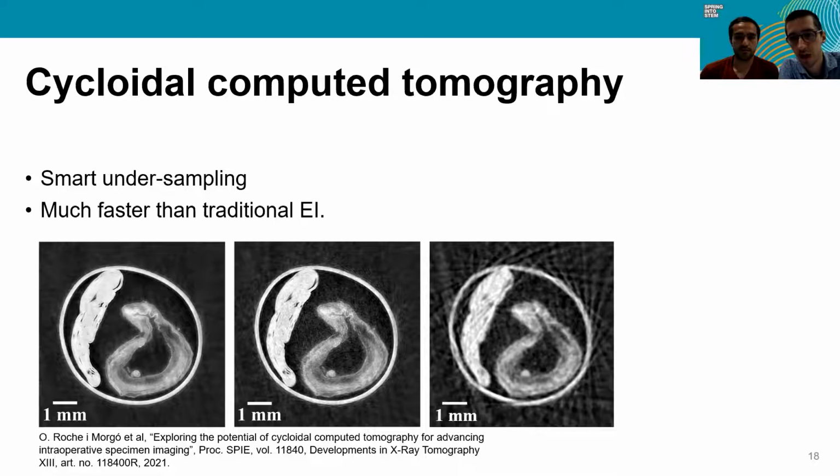Okay, we hope that helps. So what is the raw difference in time between the fast and slow scans on the last slide? Thank you for that question. The scan on the left, the normal EI scan, took almost 24 hours, whereas these other two can go down to 20 to 30 minutes.